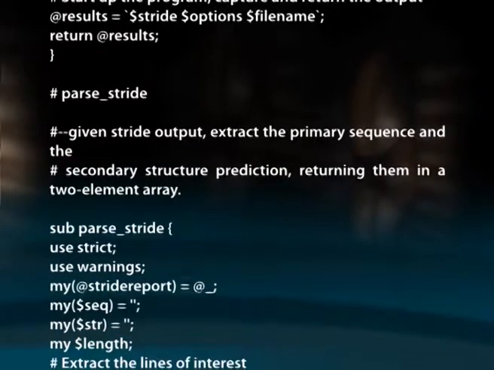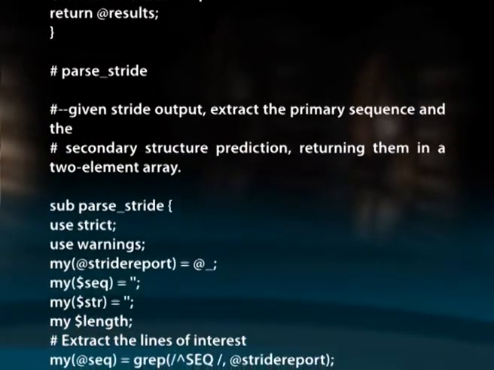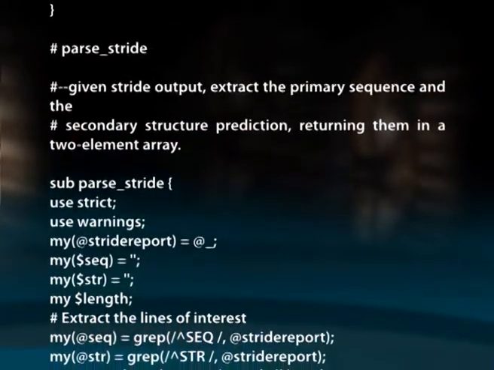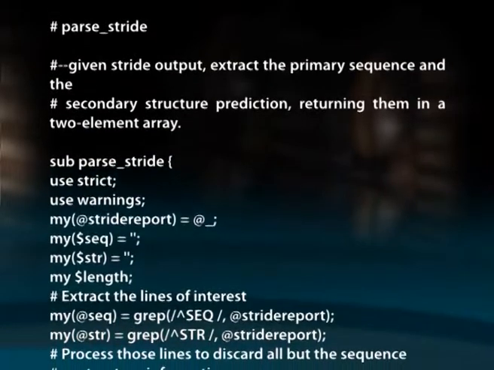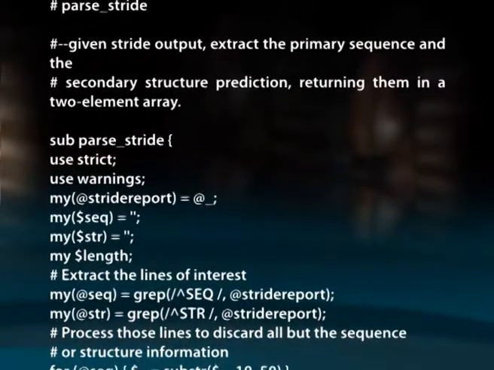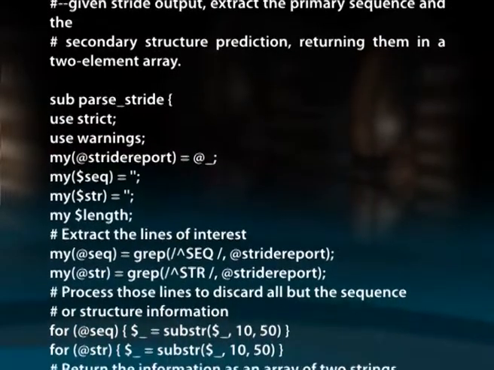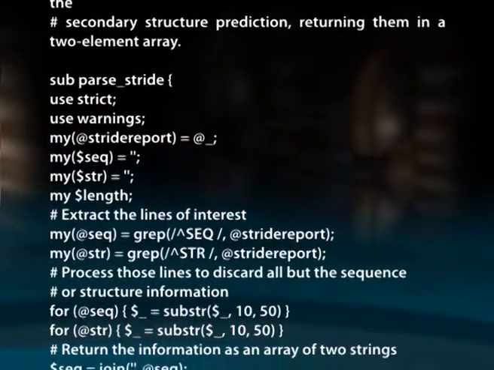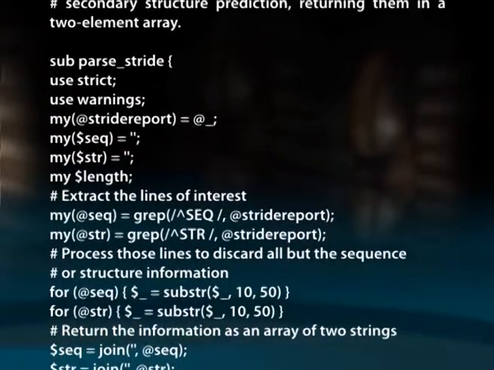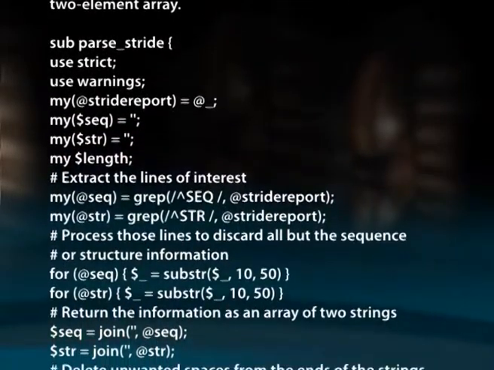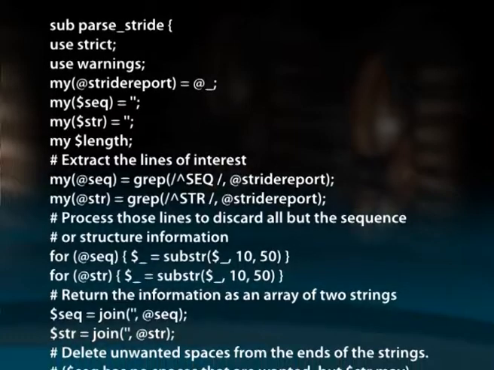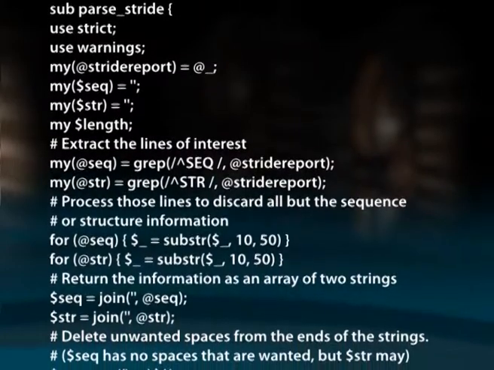The parseStride subroutine is given next, to extract the primary sequence and the secondary structure prediction and return them in a 2-element array. The variables used are $strideReport, $sequence, $string and $length. To extract the lines of interest, we use grep functions with regular expressions.